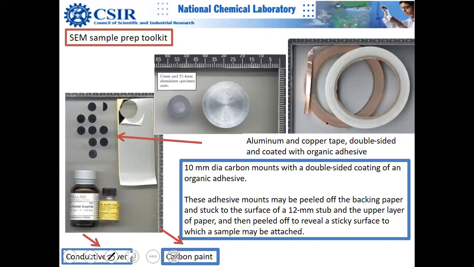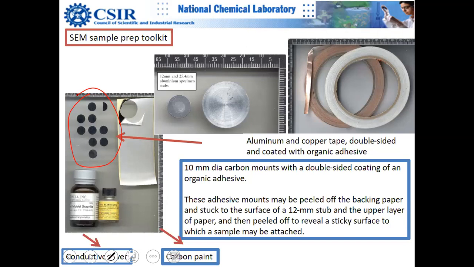So this is the SEM sample preparation toolkit. It's not that kind of a toolkit, right? It's a real toolkit for science students, a serious one. You can see these are carbon tapes on which you can mount your samples, and this is a roll of aluminum tape, copper tape. You will always find these things in the SEM room, and you can buy them also.